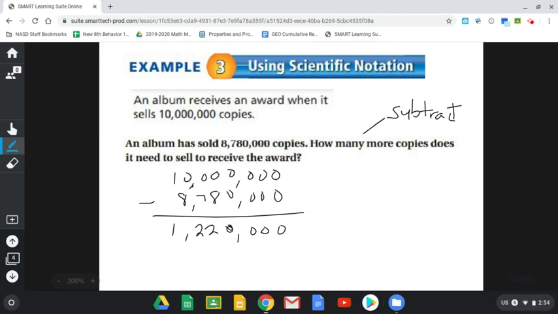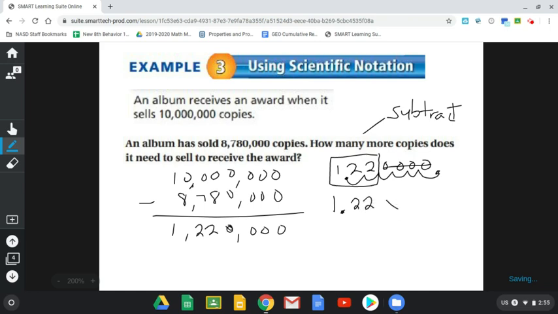But they want us to rewrite this number in scientific notation. So I'm going to start by writing the number with no commas. All right. I don't have a decimal, so I'm going to locate one all the way to the right. And then I'm going to go ahead and move that decimal to the proper location for scientific notation. So I'm going to move it 1, 2, 3, 4, 5, 6 places to the left. So it's now going to be there. Remember, I only need to write this part of the number, not the zeros. So I have